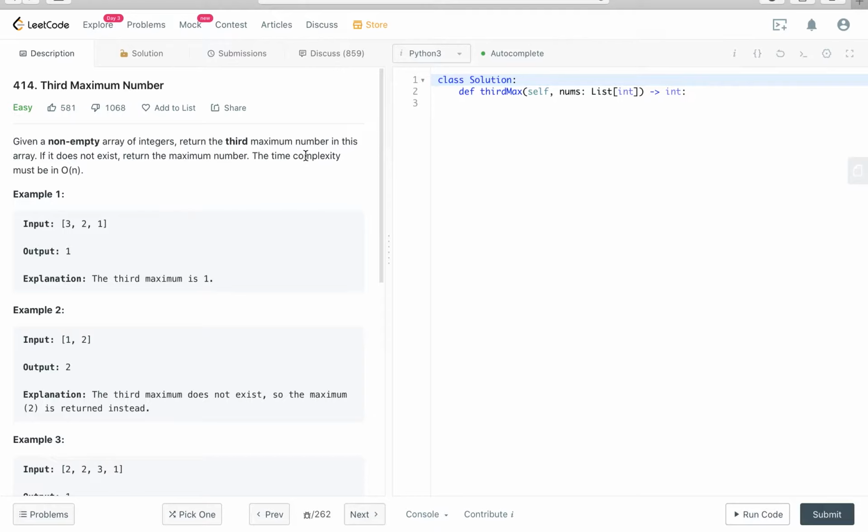So first of all, we have to handle the corner case. The corner case is if there are not 3 distinct numbers, we should return the maximum number. So let's do that first. So if,